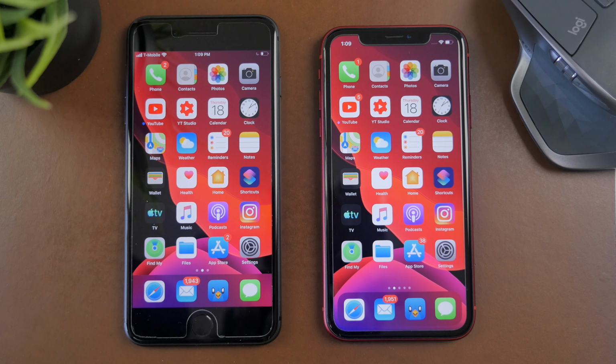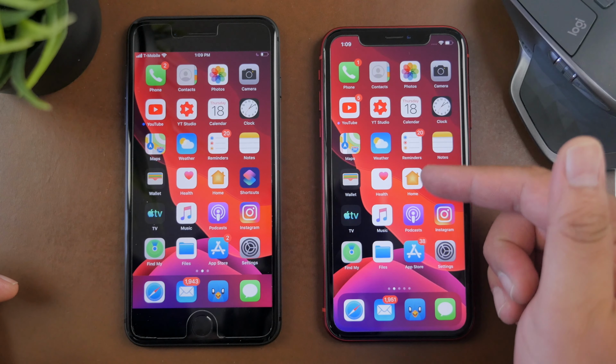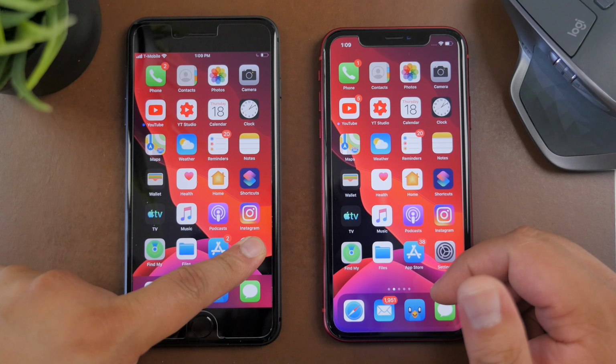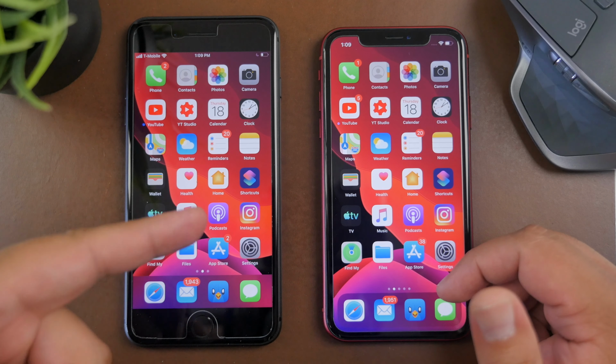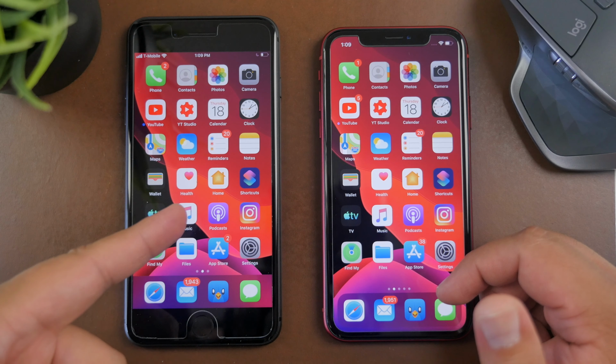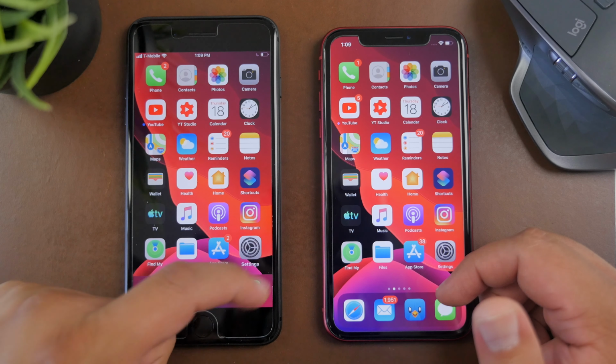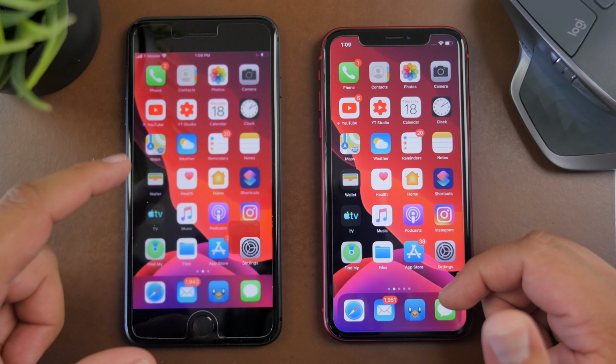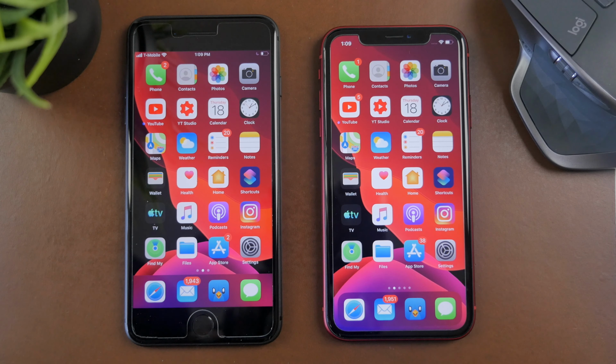supposed to be working. So I haven't been able to test it out because I'm using an iPhone XR, which has haptic touch, but apparently on 3D touch devices, so this is an iPhone 8 Plus, it does have 3D touch, but it's running beta 3, so it's still not functioning properly on here, but apparently on beta 4 it is working. So if you have a 3D touch enabled device, let me know in the comments below if it